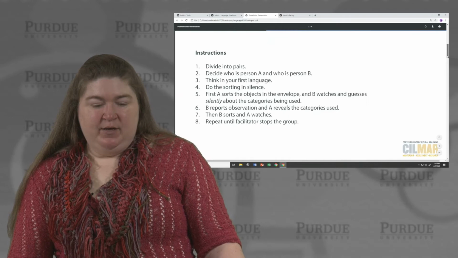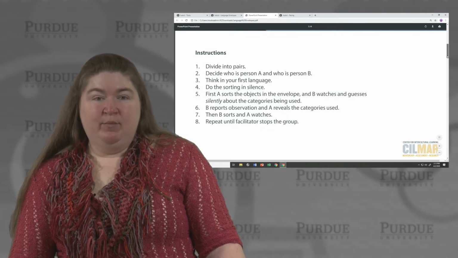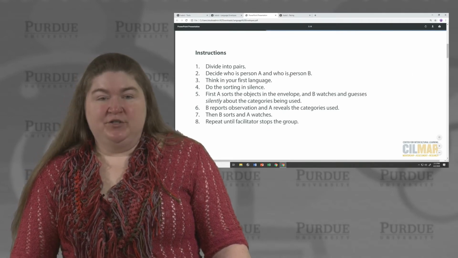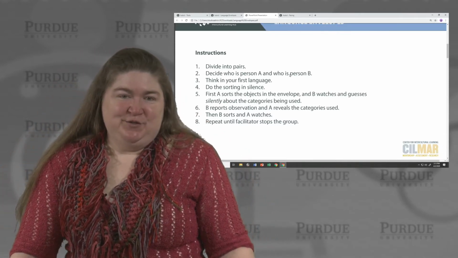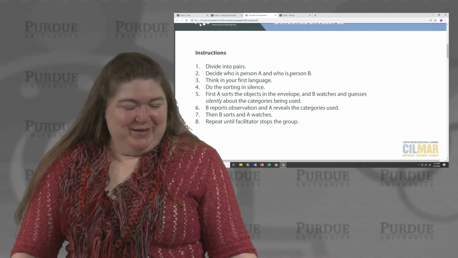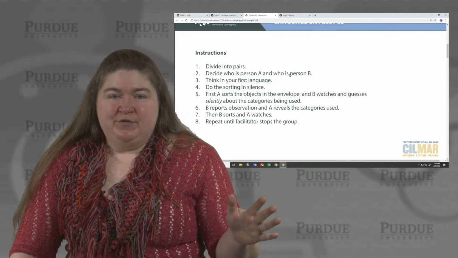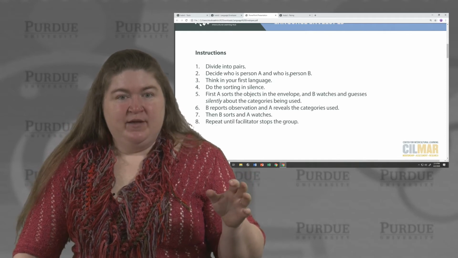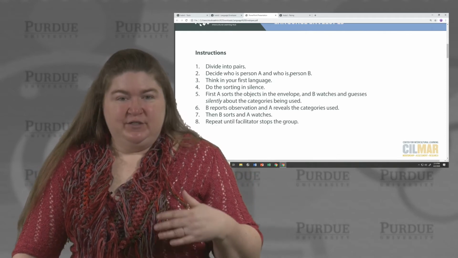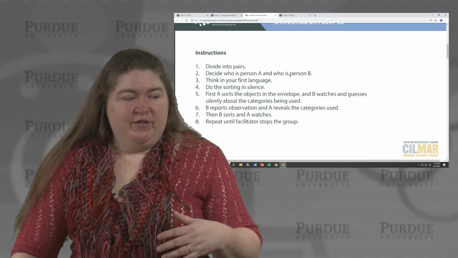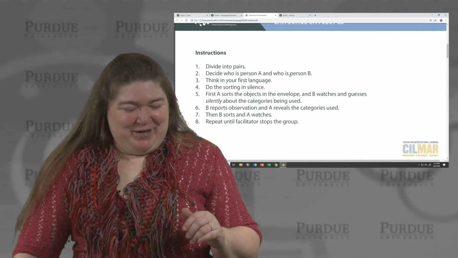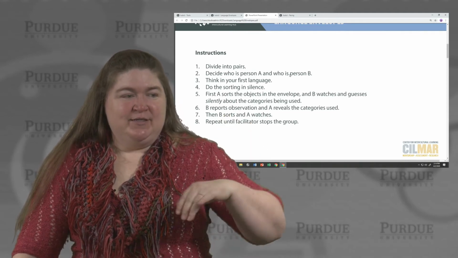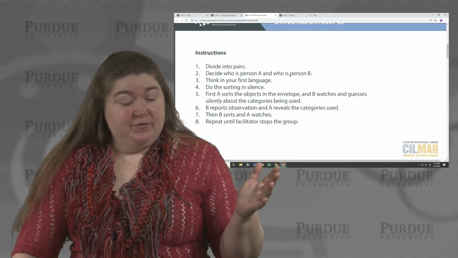So when you look at this PowerPoint that is in the downloads tab of this activity in the Hubbacool Toolbox, you see instructions here. You can just give the instructions orally. You don't have to put the PowerPoint up there, but it does give students something to follow if you do want to use the PowerPoint. Essentially, folks are going to divide up into pairs, and then they're going to keep doing the same activity over and over until you stop them. It's best if folks can get through at least 5 or 6 rounds, because it's amazing how creative people get in their sorting.